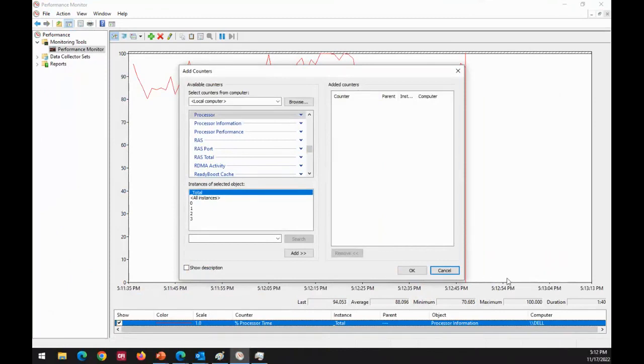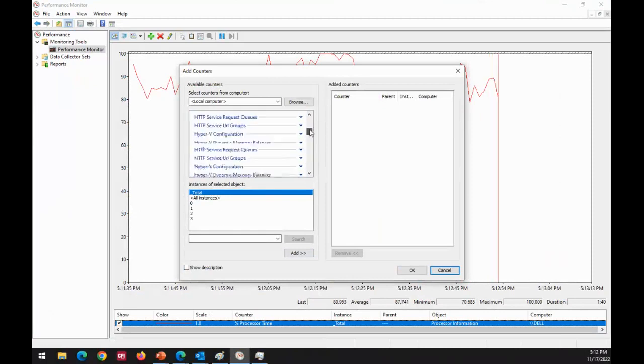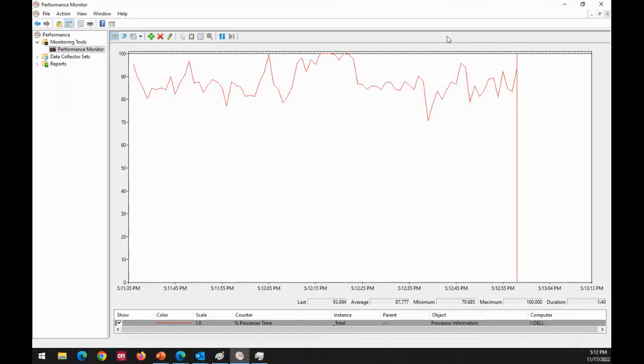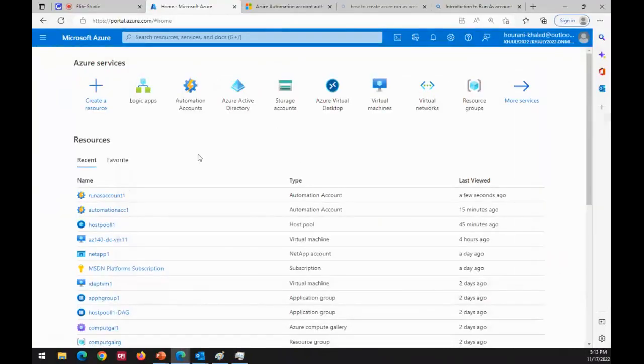If you don't find the monitoring you might need, you can go and pick from a lot of monitoring tools that are on the computer. So this is the importance of monitoring. You have the performance tool, and I can add, as I told you, whatever I need. One important